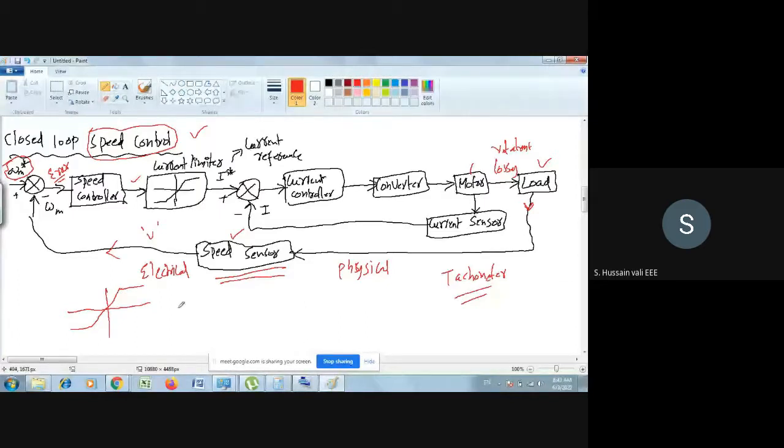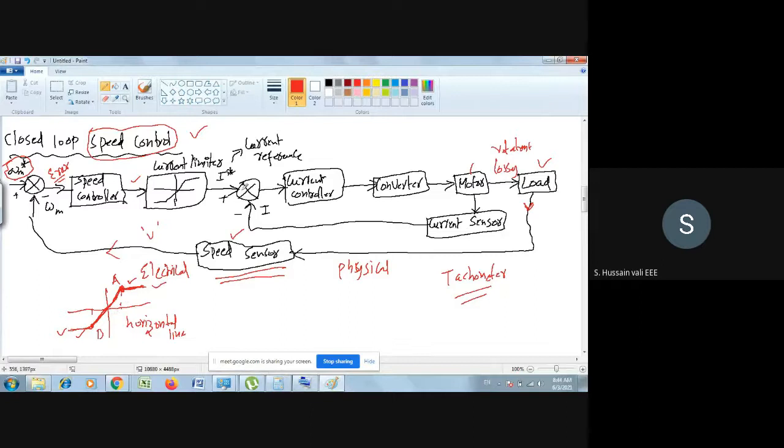You see at this point and this point, this part and this part, it's a horizontal line. A horizontal line in the sense, what? Constant. So if the current is between point A and point B, it won't do anything. It just passes the signal. But if it is beyond point A or beyond point B, then it will limit there. It means it will stop there. It will maintain this value. Here also it will maintain this value. That we call a current limiter.